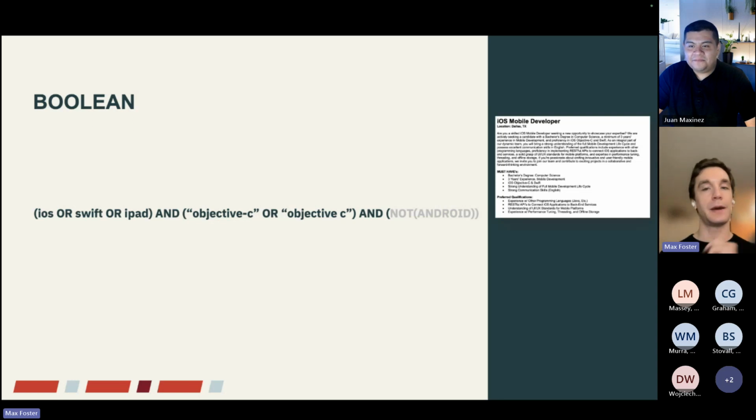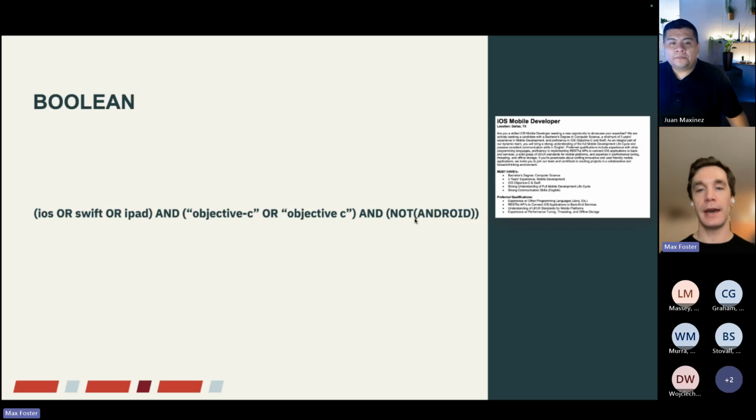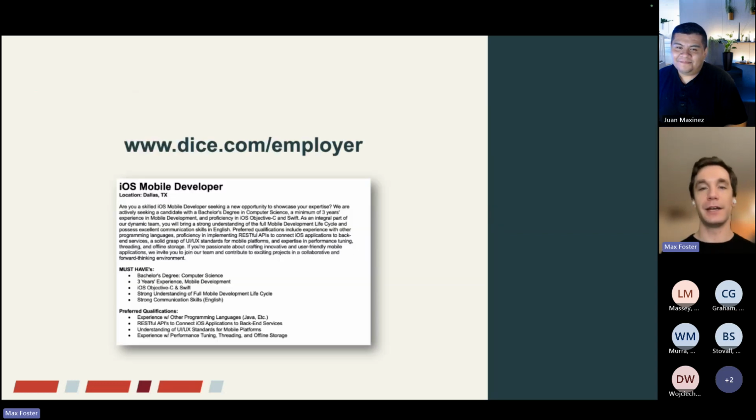So space and space, new parentheses, NOT, new parentheses, Android, and then I'm going to put one right parentheses, one right parentheses. Keep in mind, there are no spaces between the T and the parentheses. There's no space between the parentheses and the and. There's simply one space right here between and your next parentheses grouping. So I know I've been saying a lot of Boolean jargon, but I hope this makes sense. And we're now going to run it in the actual system itself.